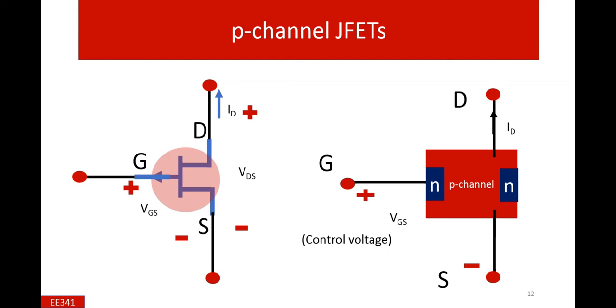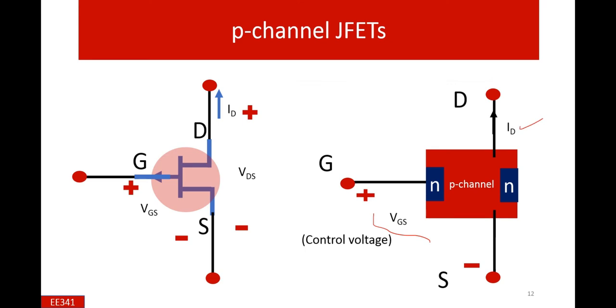And now the P type of material is developed here in the red portion, and there is an N type substrate over here, which is connected with the gate terminal. The gate and the source terminals are controlled through the voltage VGS, which definitely controls the field. And there is the current ID.